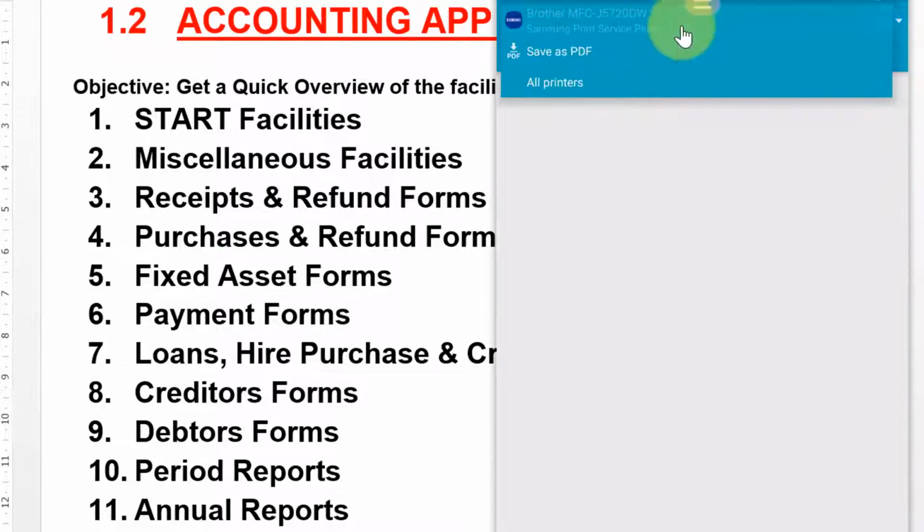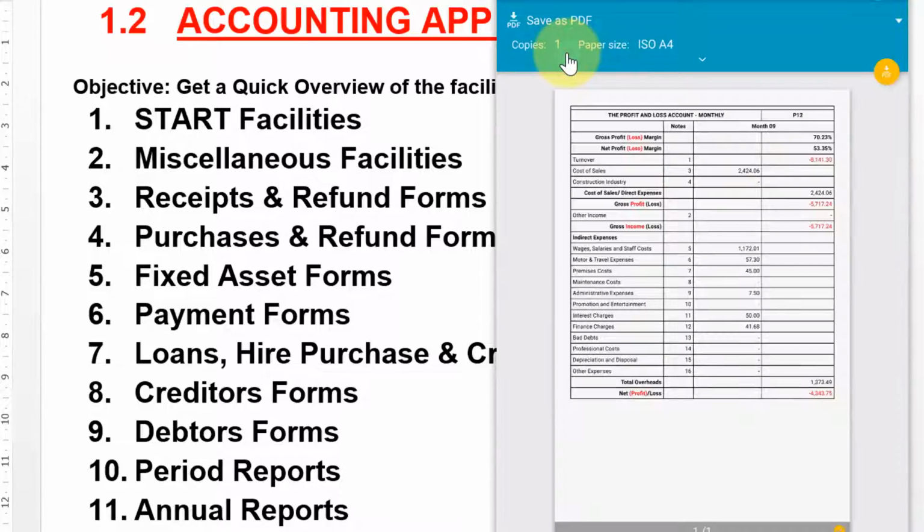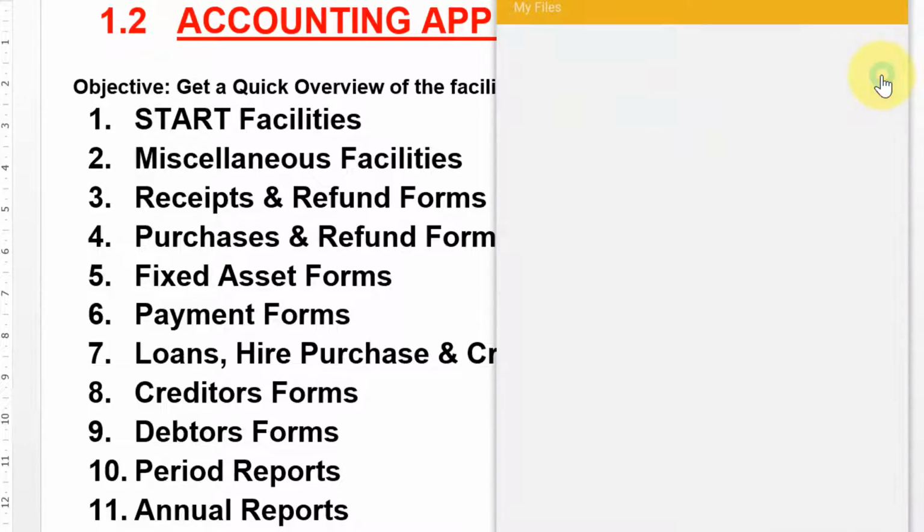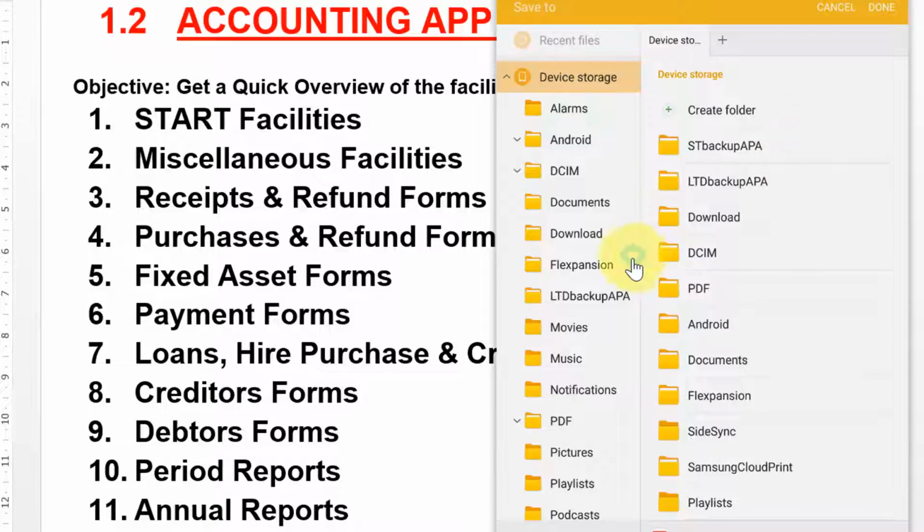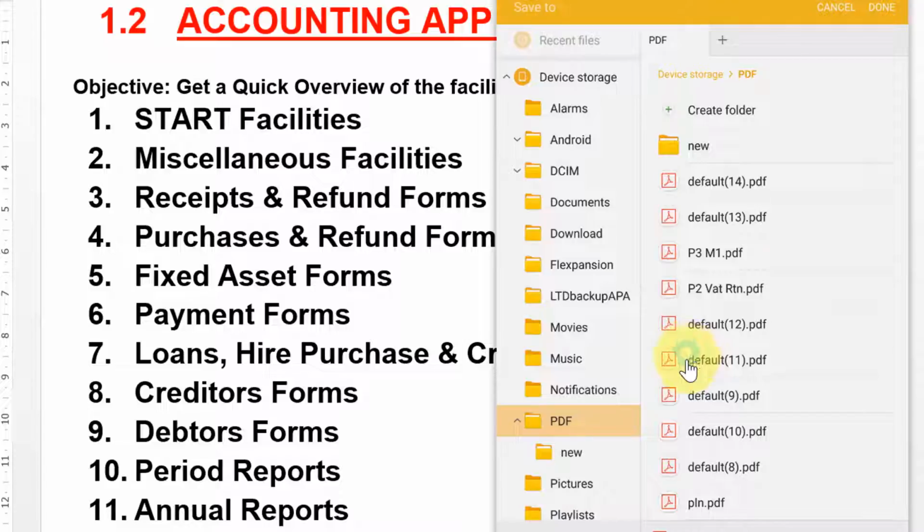Now we want to create a PDF. We are not connected to the printer at the moment. The printer is not on. So you select PDF, and a preview is generated. You click the print button, and then you select the folder in which this one should be saved. Now on Android, it's very easy. You select the folder where the report should be generated, and after that you click done, and that is done. So let's go back